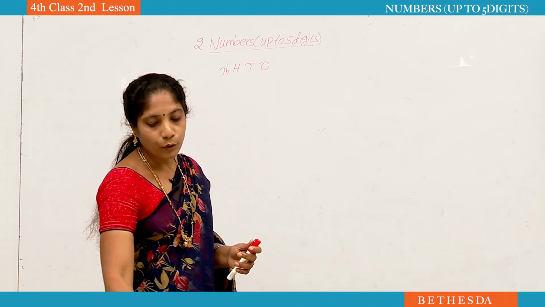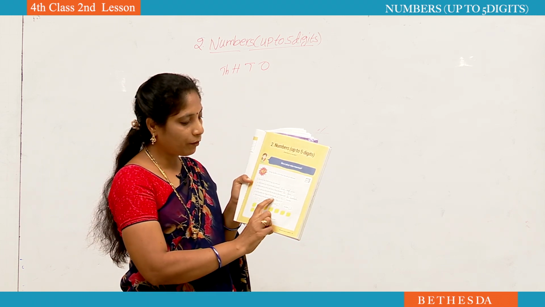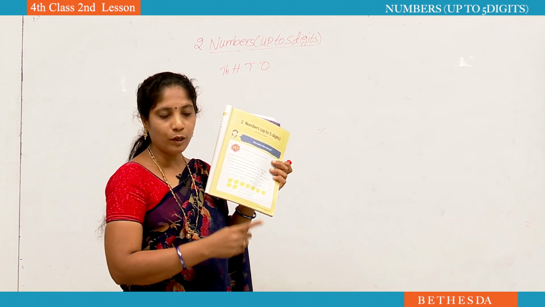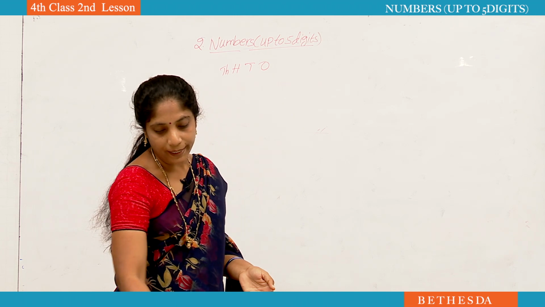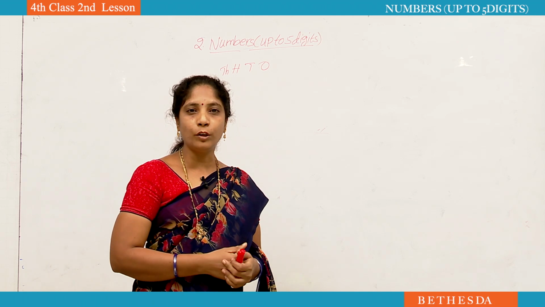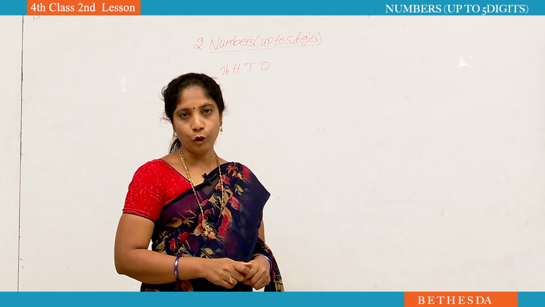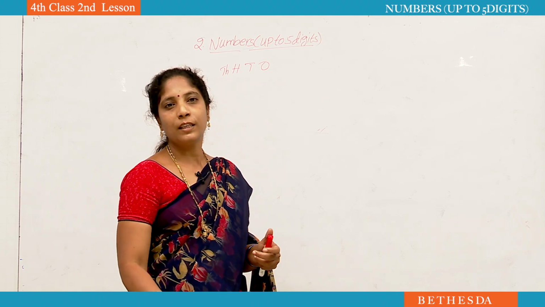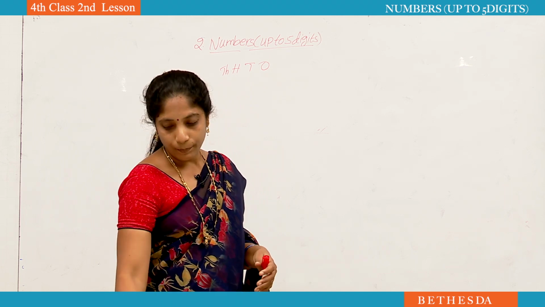Each, see here, you can observe the cube. How many cubes are there here? Each cube in figure 1 is made up of 1000 beads. Now how many beads are there in figure 1? For that we have to count how many cubes are there. Count all of you. I think there are 9 cubes. 1 cube indicates 1000, 9 cubes are there. That's why you can say in figure 1 there are 9000 beads.